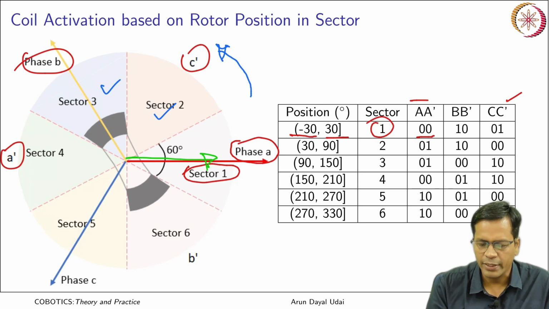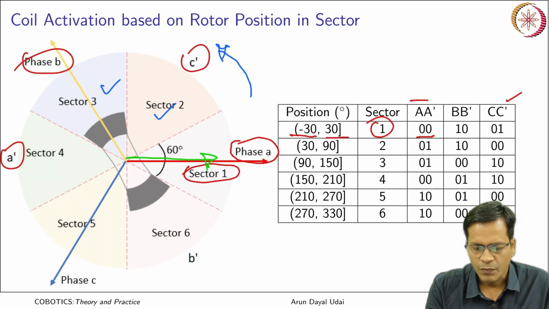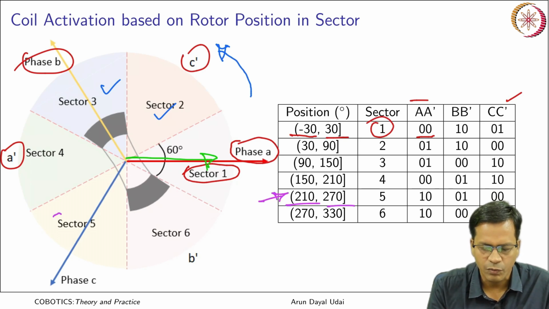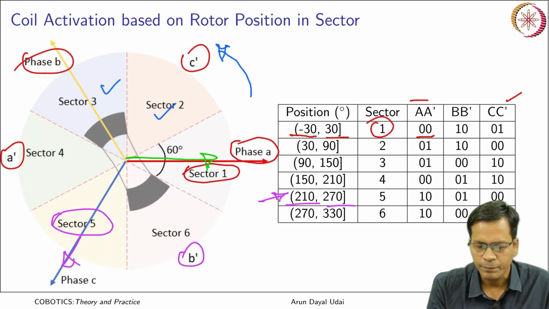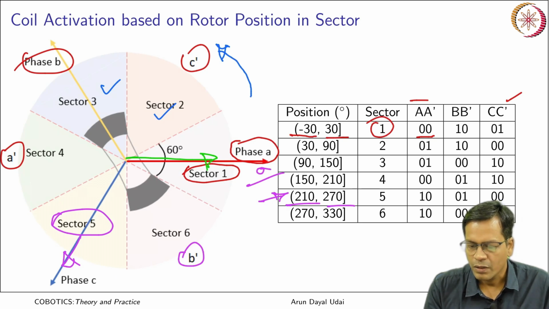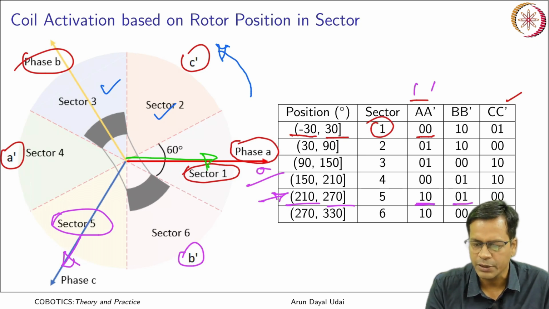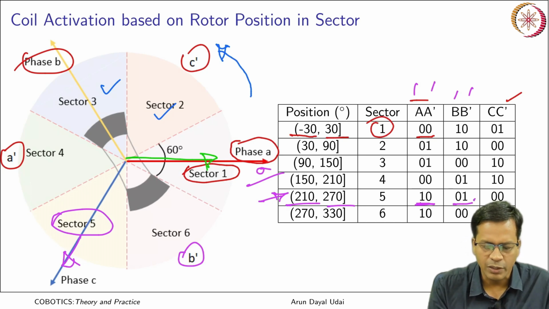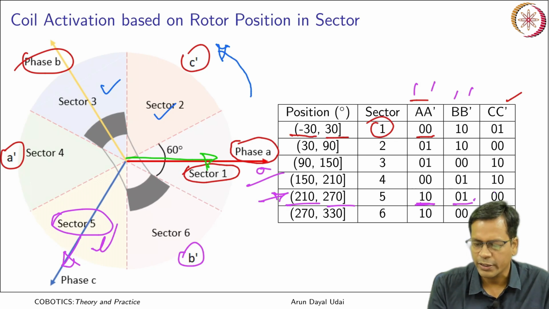So now, let's say it is at sector 5, 210 to 270 degrees over here. Okay, so you should energize B bar and A. That means A is energized, A bar is 0, okay, and B bar is 1, that means B is 0, B bar is 1. So it effectively gives me A and B bar as high, and because it is in this sector already, that is made 0.